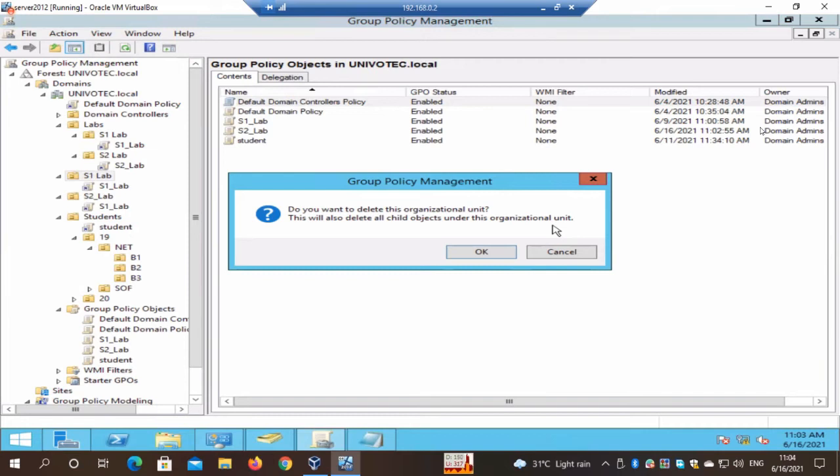If you delete an OU, it will delete all the child objects which are inside, right? So for example, like if you